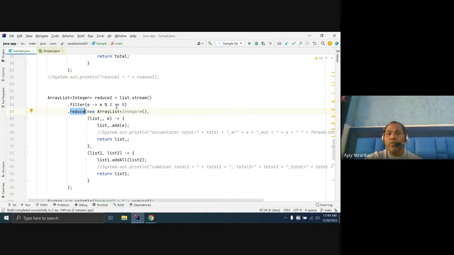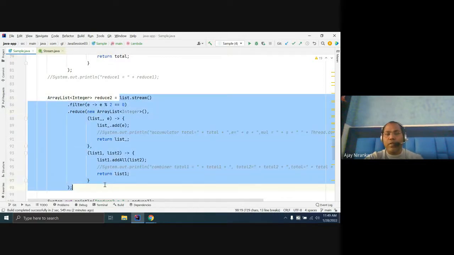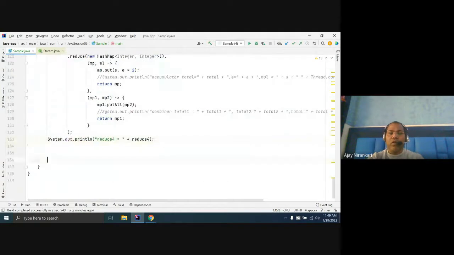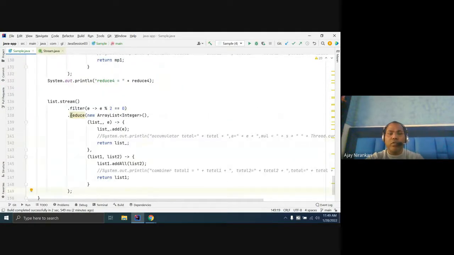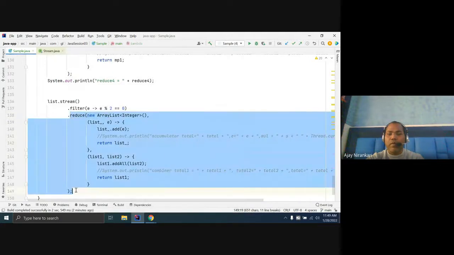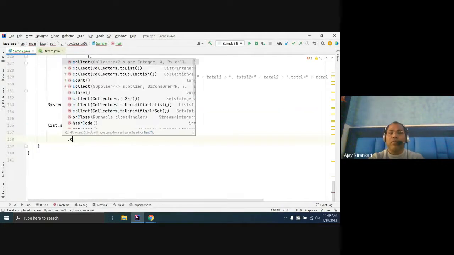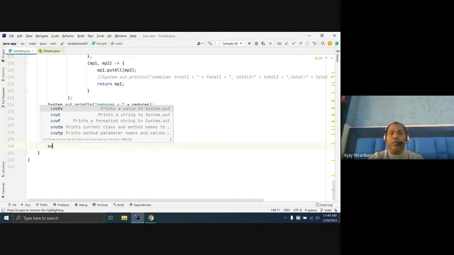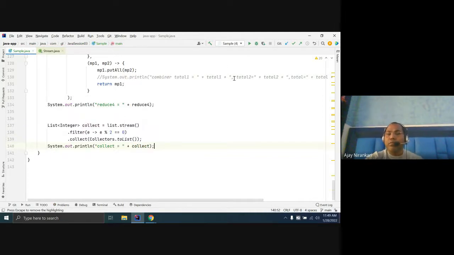So this same code, to get a list of even numbers, you can do it this way: instead of reduce, just use the collect function, and say I want to return a list. Generally developers do this and get the list of all your even numbers. This is so simplified.